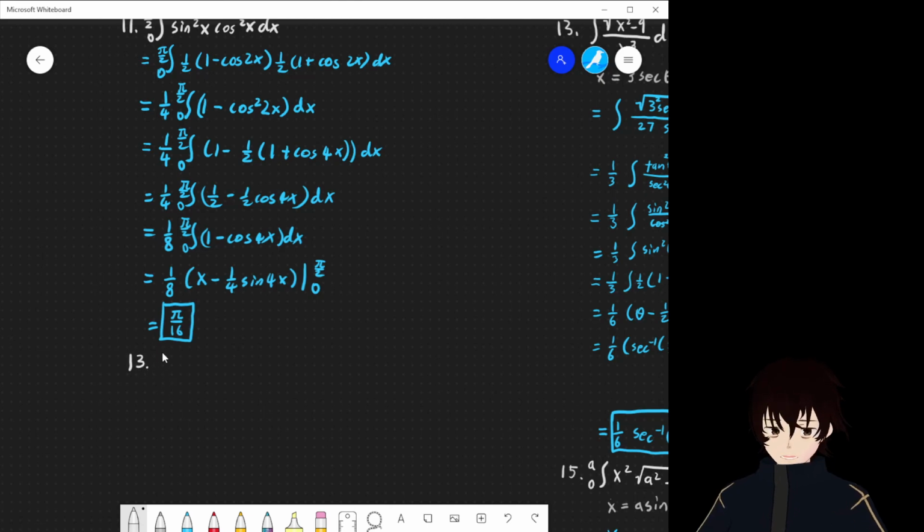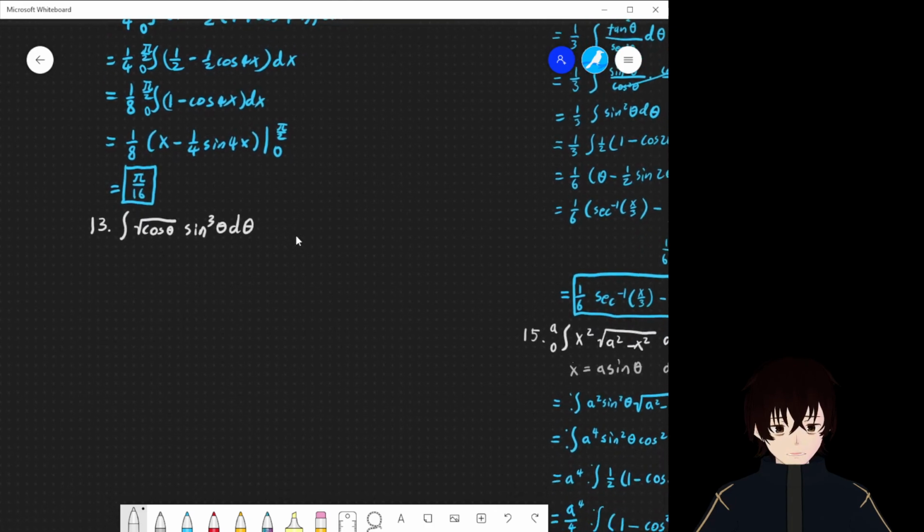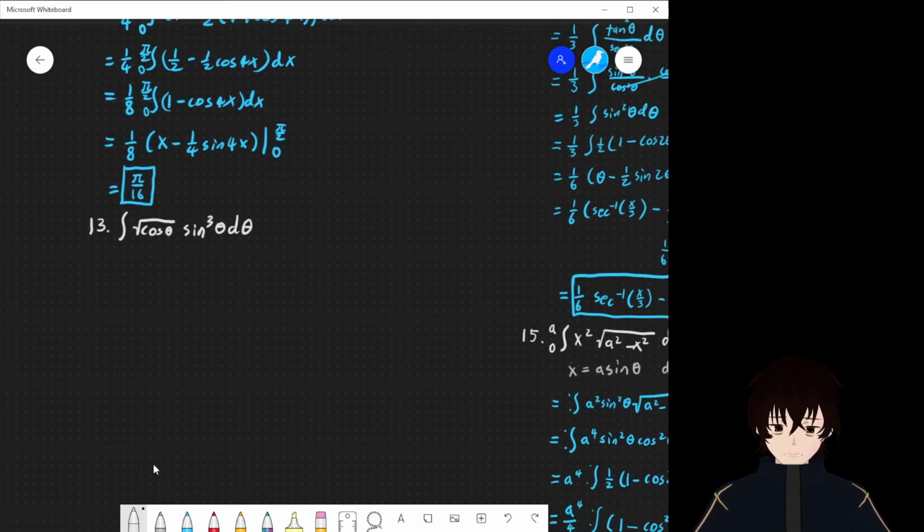Number 13 wants to know the integral of the square root of cosine theta times sine cubed theta d theta. I think I have an idea on how to solve this one. So this is an indefinite integral, so let's rewrite this as the integral of